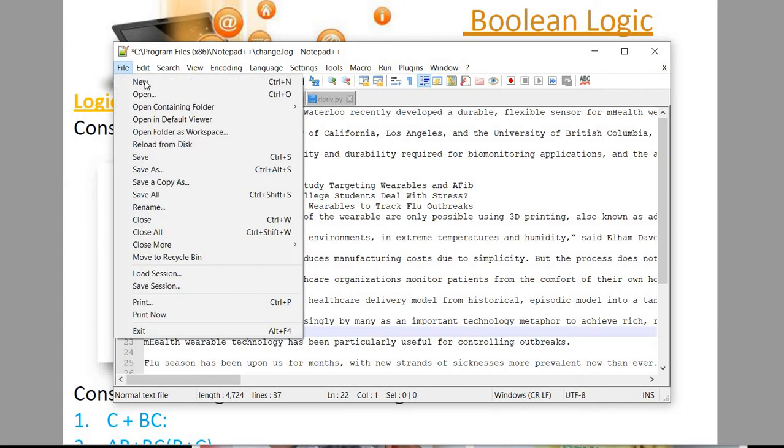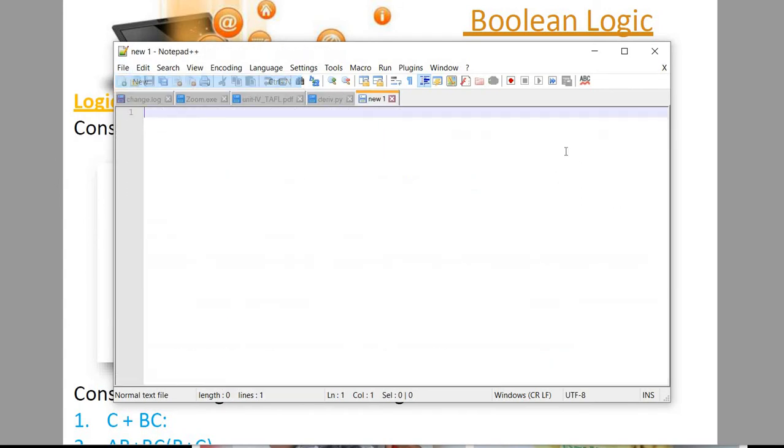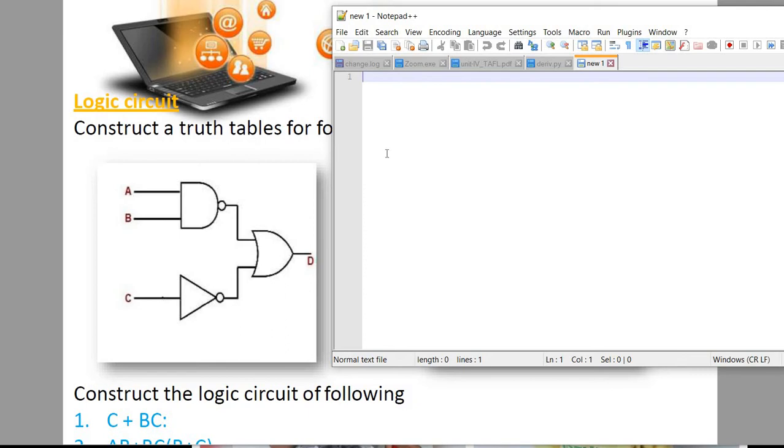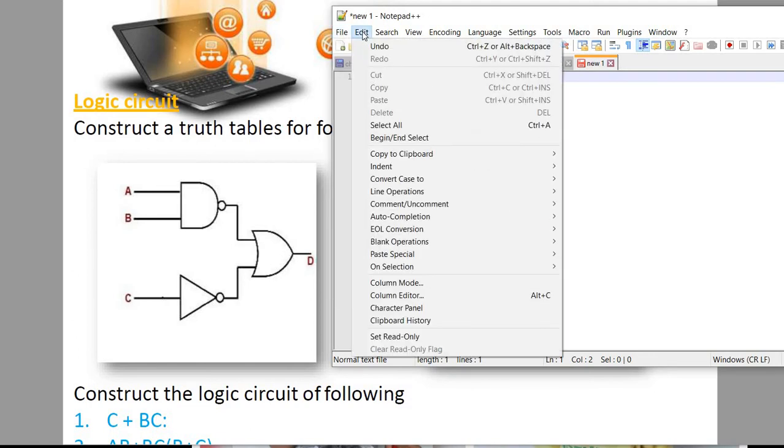New file. See, first one is the NAND gate. If you have two inputs, A, B, wait, I will increase the font also.